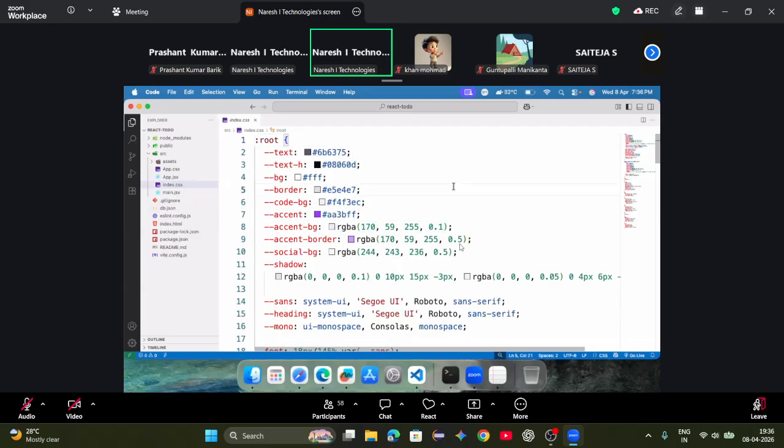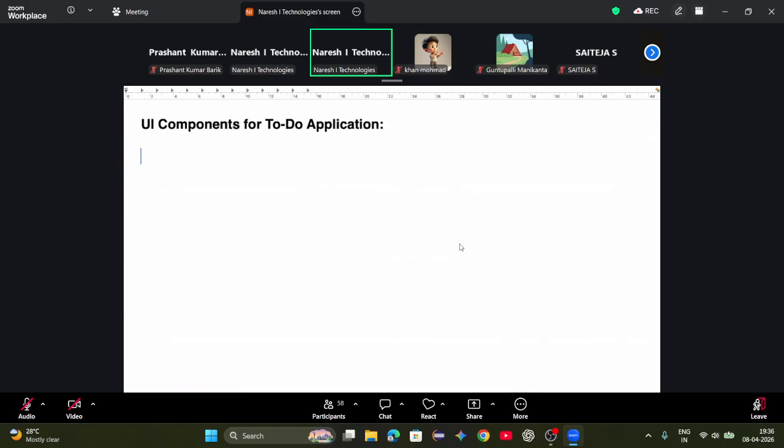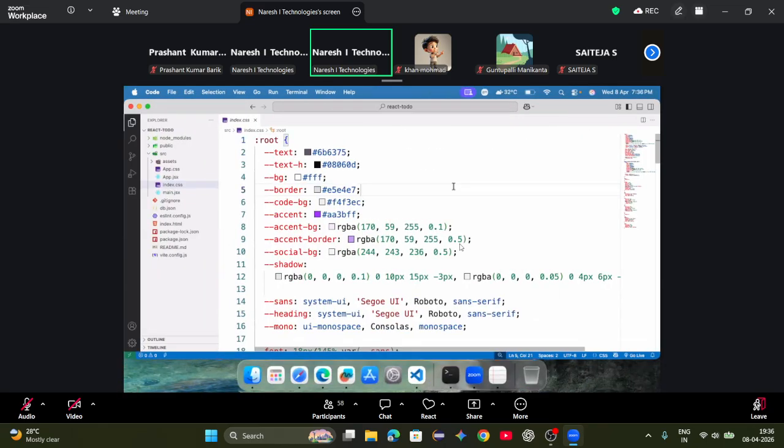First, we will clean up everything. So in your project, first clean up the code from these three files,